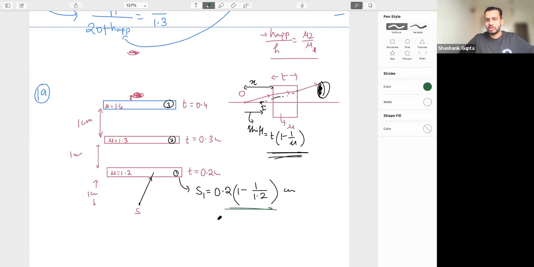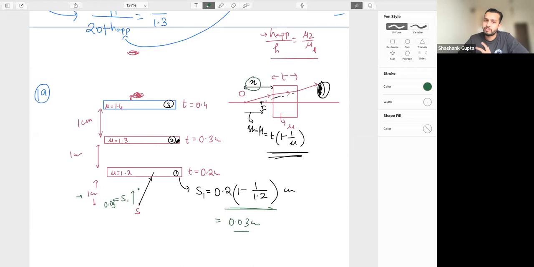How much is it coming? 0.03. Okay, someone is telling me and I'm writing it down. Don't go about the calculation. So this shift is coming out to be this. This is 1 centimeter. So from the first one, the shift is this much, which is 0.03. Again, what I'm saying is it is independent of x.